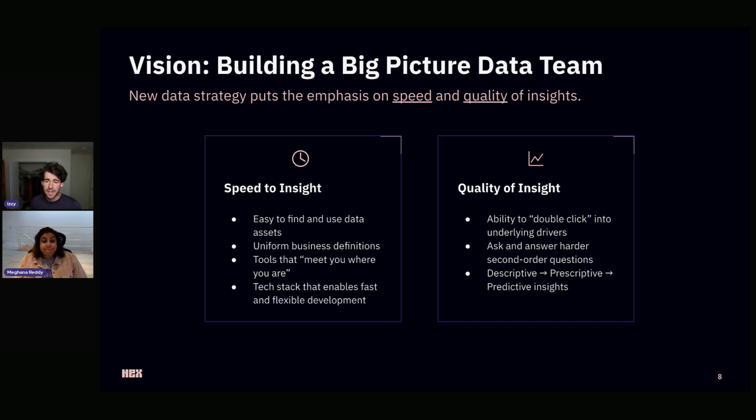I have a burning question on this slide. These all make so much sense. It feels so obvious. I'm nodding my head. How did you actually go about coming up with these for your org? Did you workshop this around a bunch of people? Did you just say, this is the data philosophy that I know is true? How did you actually come up with these driving goals for what the big picture data team would look like? Yeah, that's a great question, Izzy.